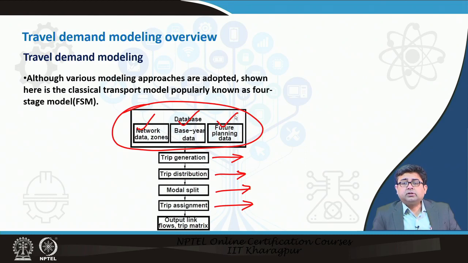planning based on the comprehensive plans that are available, comprehensive mobility plans that are available for your city, or the city's master plan, which must have incorporated a 20-30 year horizon plan, which must have incorporated how many roads there will be, how many kilometers of roads there will be 20 years down the line. So, all of that information has to be fed into this model as an input, and then this model would be able to predict how many trips or how many vehicles will be on the road in the next year, 5 years down the line, and so on and so forth.